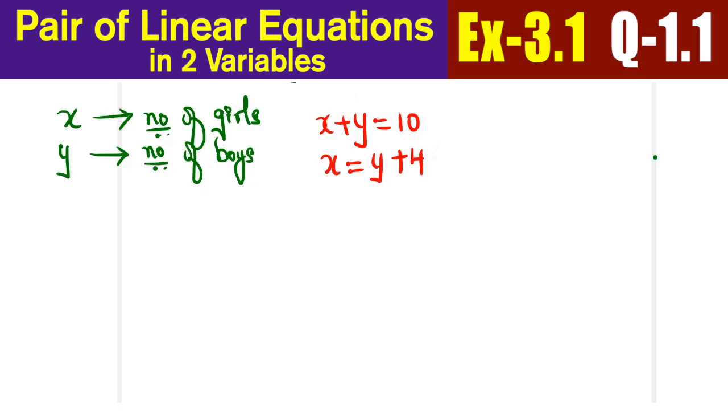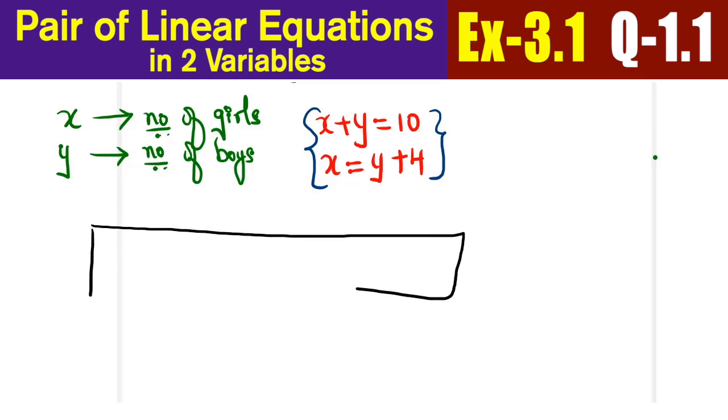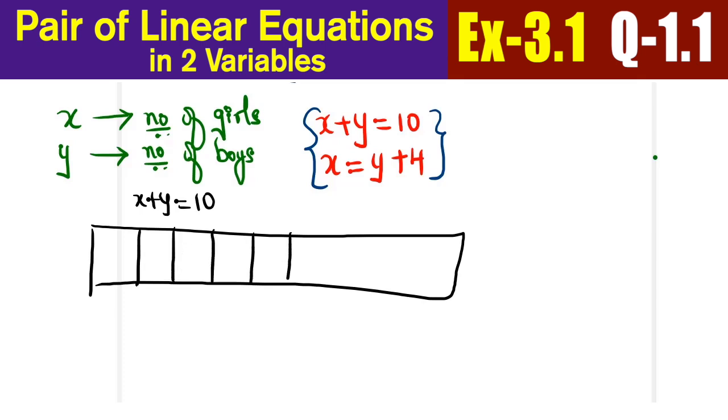So these are the two equations, and for these two equations, we are going to first plot points. Okay, so let's see how to generate the plot points. I'm going to tabulate for the first equation, x plus y is equal to 10. Now let's see how to do the tabulations. I'm going to generate different values of x and y.